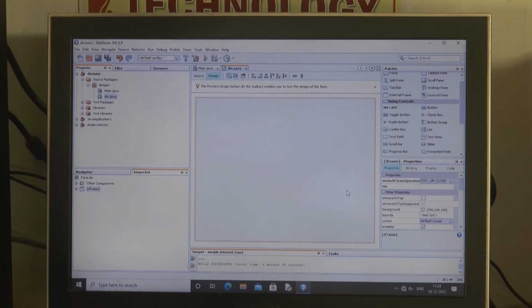So on this form, we have to create the design. Here we will create the design. All these controls are present here in the Swing controls. We will need labels, we will need buttons, we will need